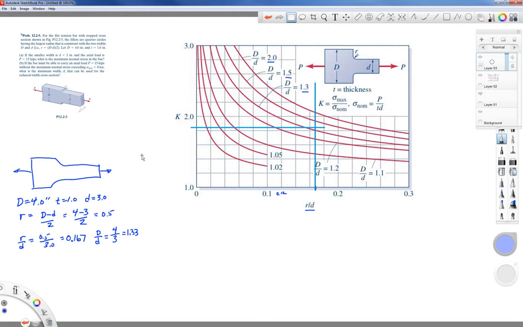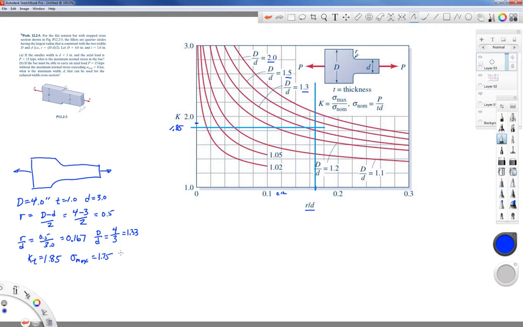All right, so let's see where we're at. Here on this axis, 1.2, 1.4, 1.6, 1.8. 1.9 would be about here, so I'm going to call this about 1.85. Let's see what kind of stress we get if we have KT equal to 1.85. K or KT means the same thing. So if you look over here, it shows us how our nominal stress is defined, and our maximum stress is calculated from our K factor